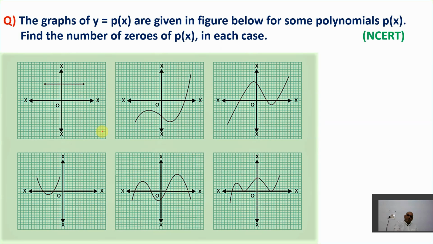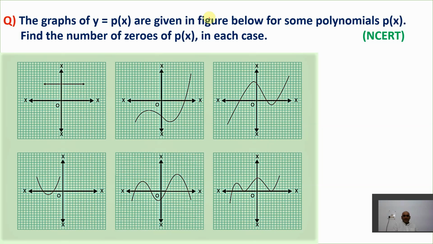Now let's come towards a question here. Just now we have learned one very important thing in the geometrical concept of polynomials. We need to check the number of points touching the x-axis. If the number of points is 1, the degree is 1 or zero is also 1. If the number of points touching the x-axis is 2, the degree will become 2 or zeros become 2. If the number of points is 3, then the degree will become 3 and zeros will become 3. I hope you get this point. Now, this is an example from NCERT.